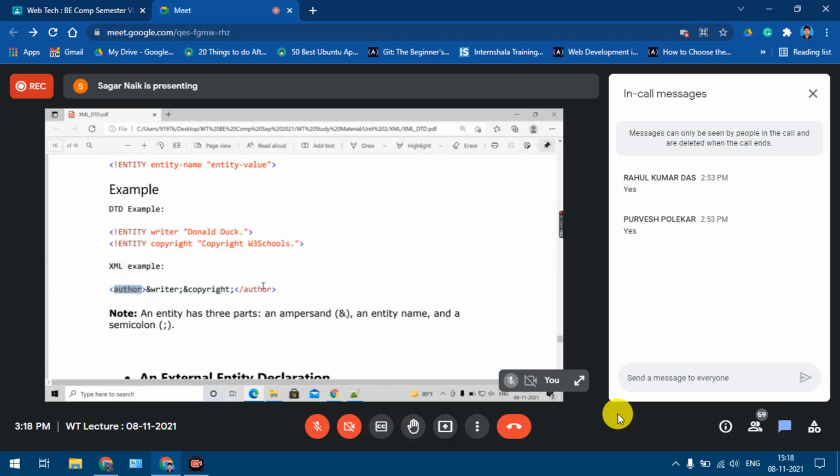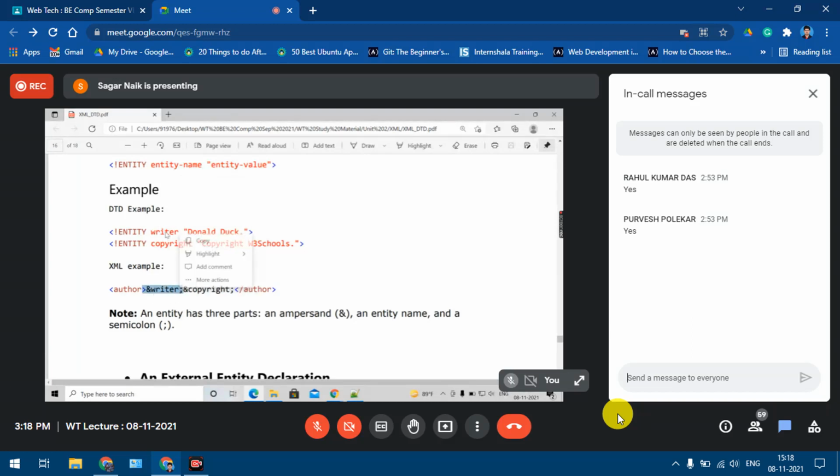the name of the element is author. The name of the entity is writer. But when you use this entity in the XML, what do you have to use? As I said, there are three parts of an entity: ampersand symbol, name of the entity, and semicolon. So when I use this entity in my XML: ampersand, writer, semicolon.